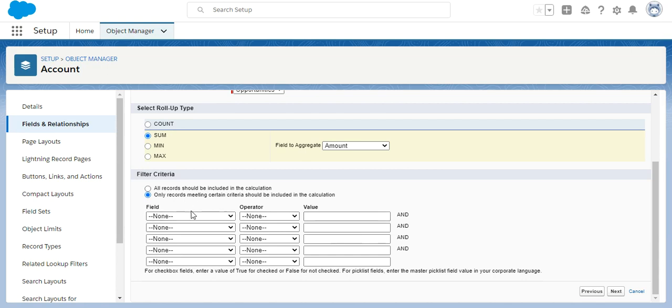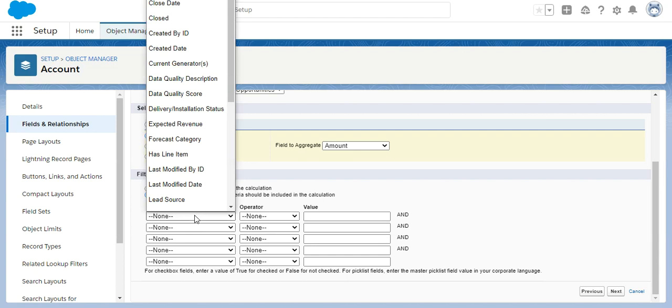And if this filter criteria matches any record on the account, then the rollup will calculate the sum of related opportunities and show it on the account. Whatever criteria we set here, it's searching the child records related to this criteria.